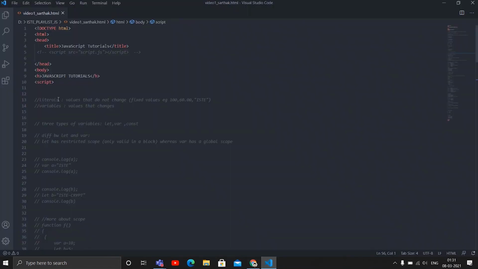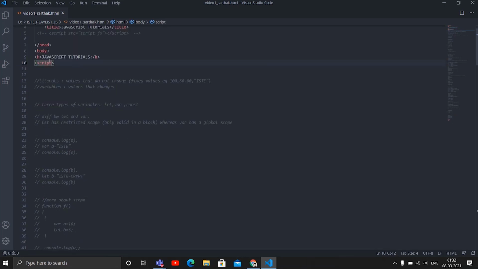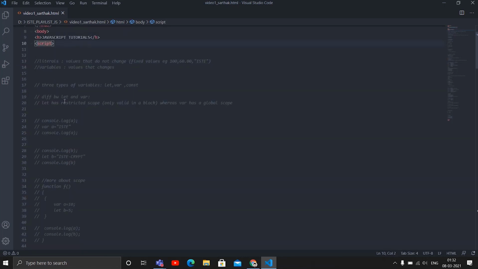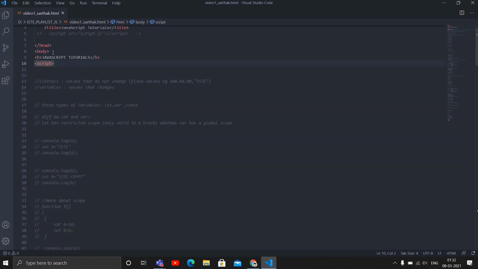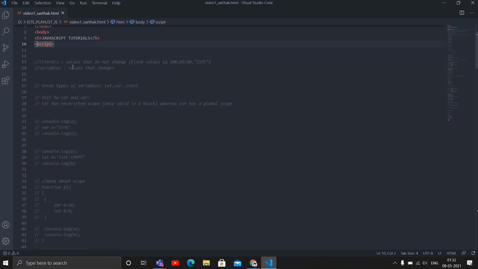JavaScript can also be used for form validation. Okay, so let's get started. To import JavaScript to your code, you can use the script tag and mention the source file, like I have done here, script.js, or you can give a complete URL over here. The other way is you can use the script tags inside the body and write your JavaScript over here. It's preferred to use a script tag at the end so that you give your browser enough time to load all your HTML and CSS content, then load JavaScript.